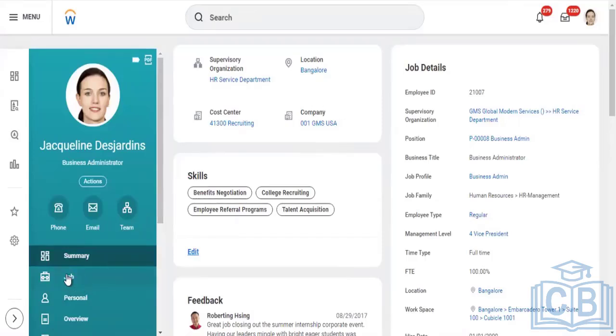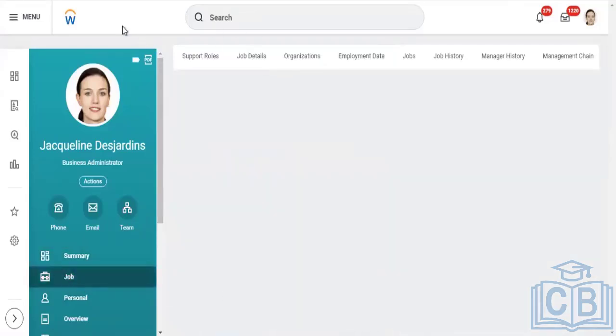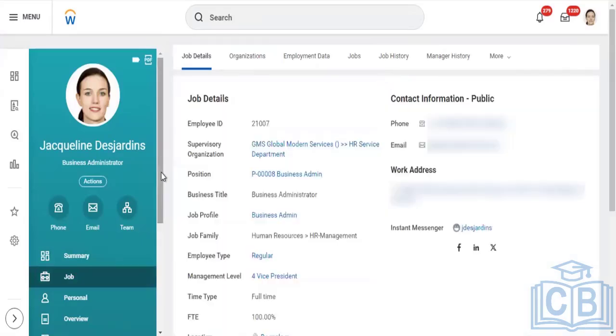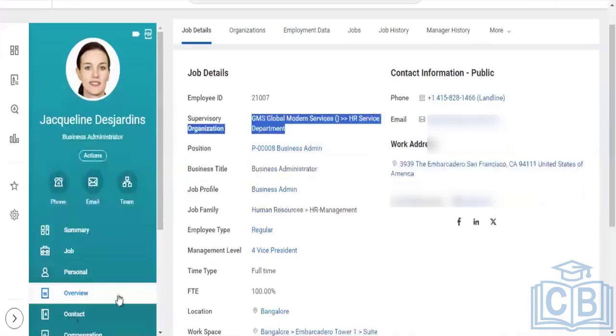If you go to employee job, in job you can see employee job details, employee position ID, employee job profile, and employee supervisory organization you're seeing. And if you go to overview,